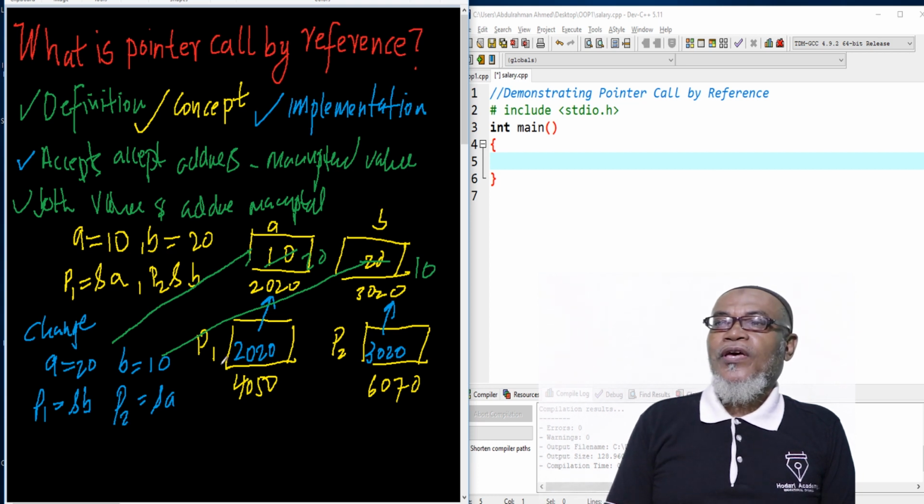Now also we have changed the address of P to point up. It doesn't point up here. Now it points up there at B, which is 3020. And here it points out at A, which is 2020. Now, if we are going to see what will happen, the output here,